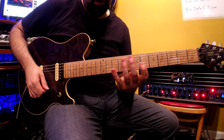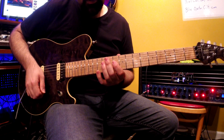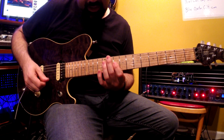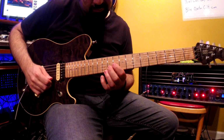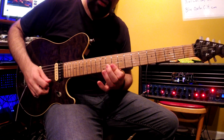Then we invert the chord, still a B-flat chord, but different order. And we do the same picking pattern too. It's just E string, 13, 10, then B string, 11. Now picking down, G string, 10, B string, 11, E string, 10. So far we have...